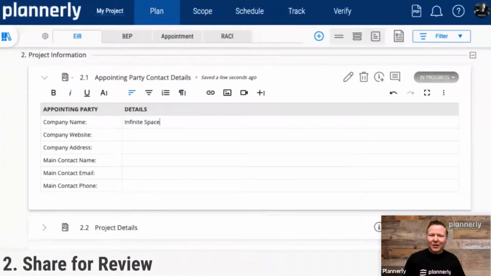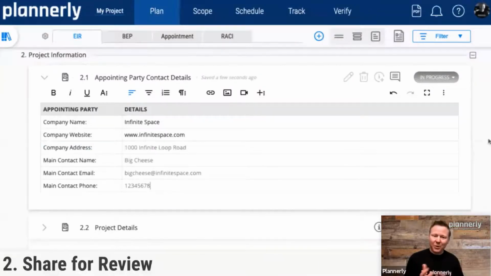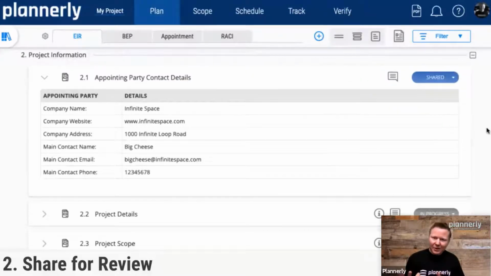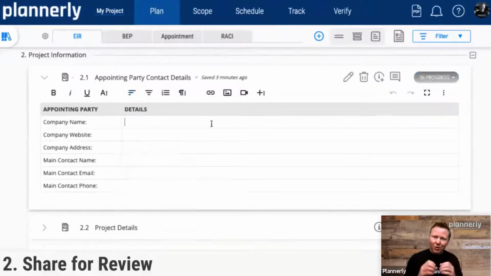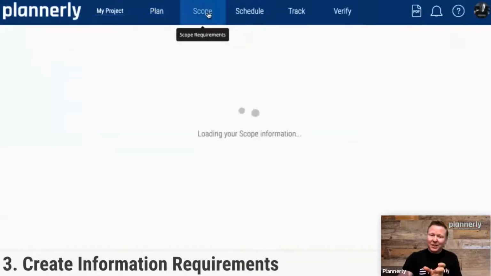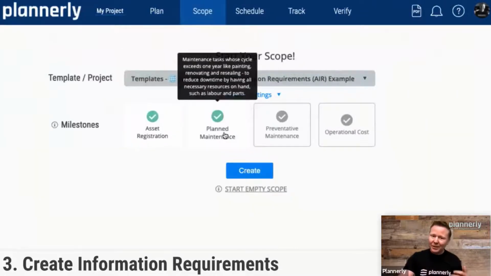As we are creating the content, we are then building it based on the project that we're working on specifically. So we're adding all of the details. We're going through and sharing content, sharing some of the sections, not the whole document, but we're sharing only the pieces that are ready. And then once we've shared those pieces, other people can come in and comment and go through that workflow.